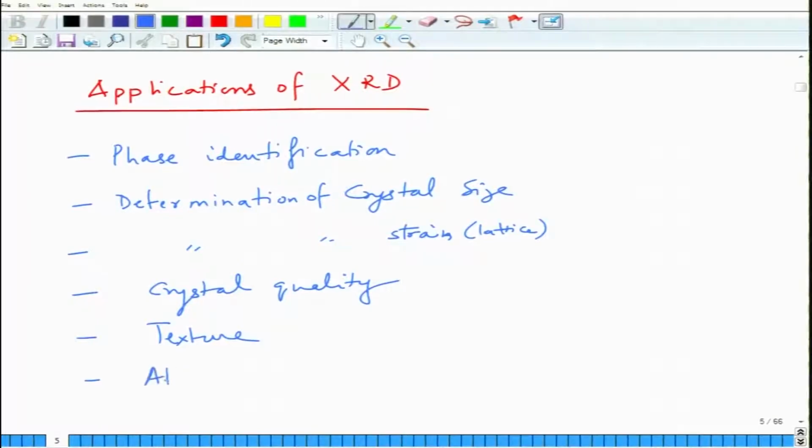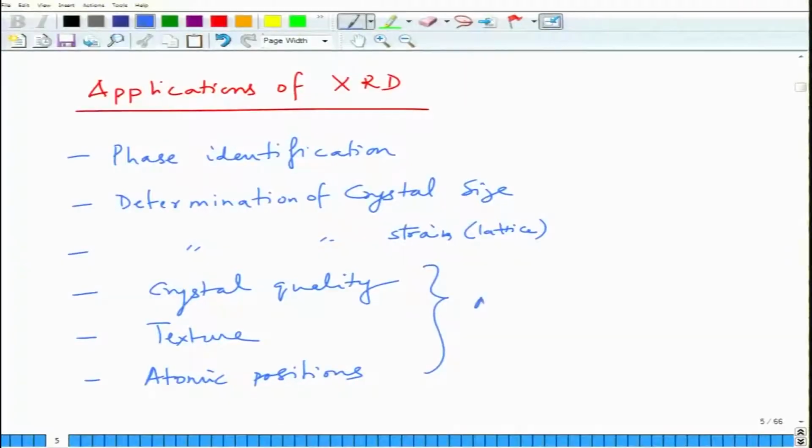One can also determine atomic positions, for instance. But these are all advanced; this is the advanced version, and these are more beginner level of